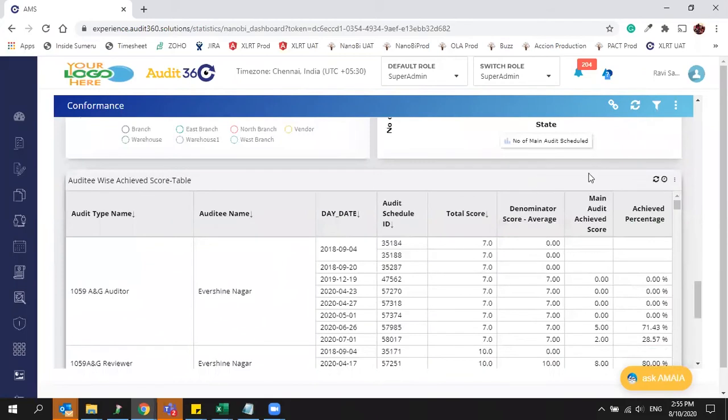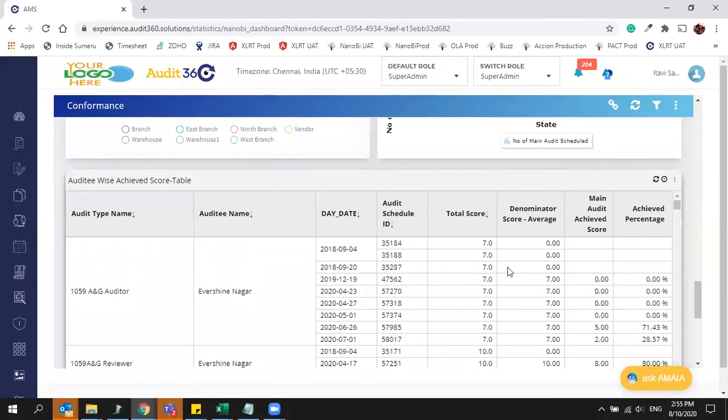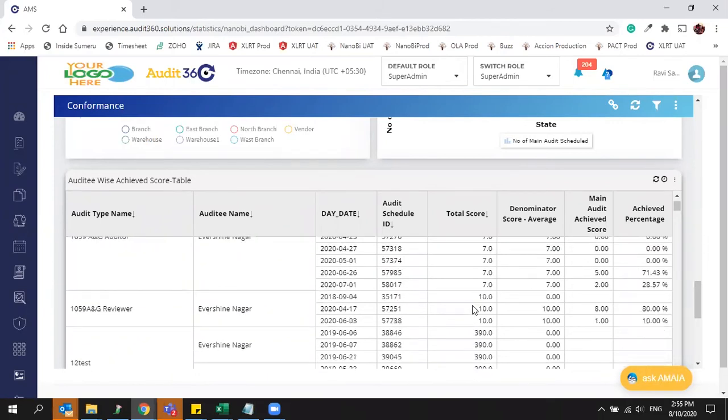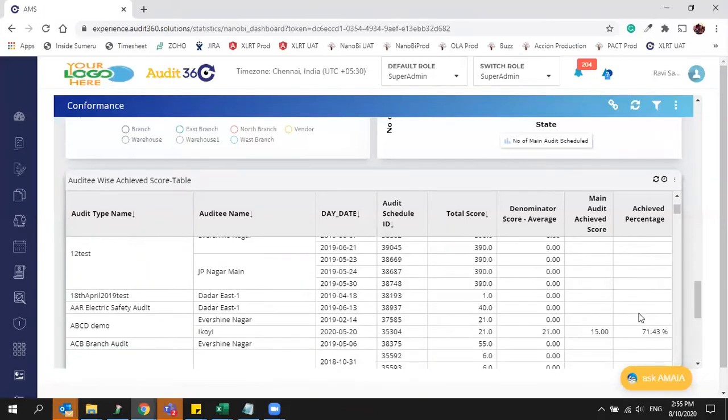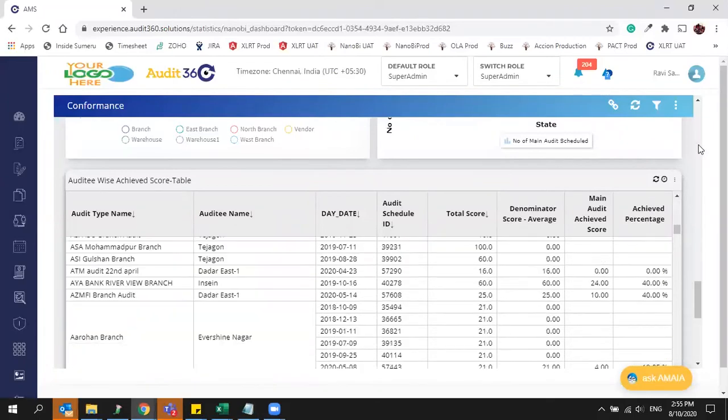And all put together, we have given one small summary where you can download your audit schedule detail along with the score achievement for each single audit which got finalized. You can see the maximum score and what the achieved score is, and you can download that summary.